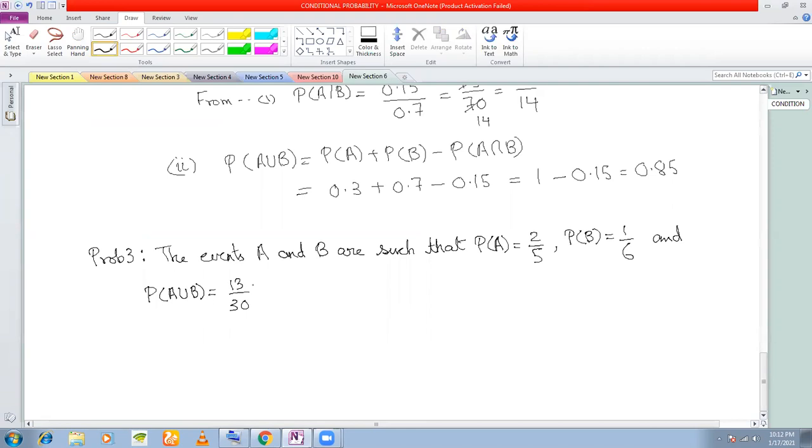Show that A and B are neither mutually exclusive